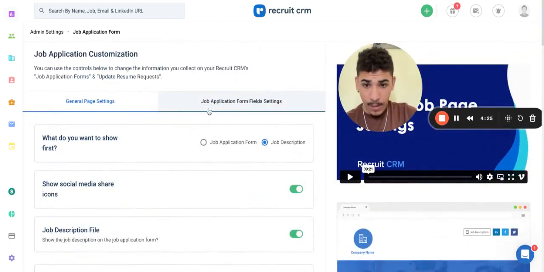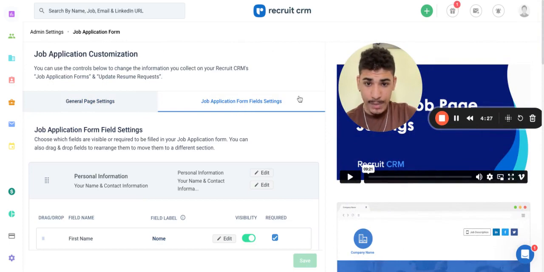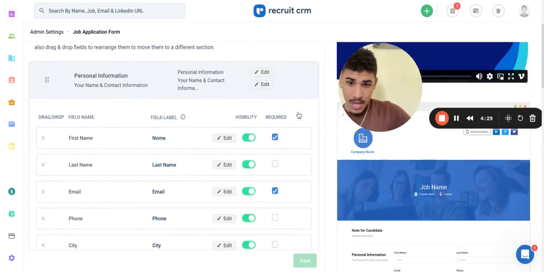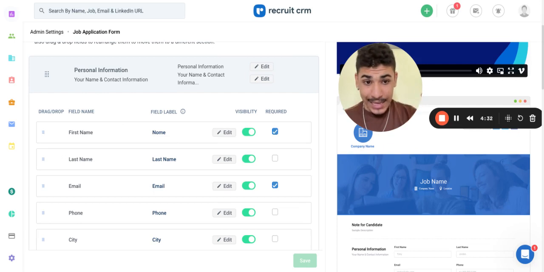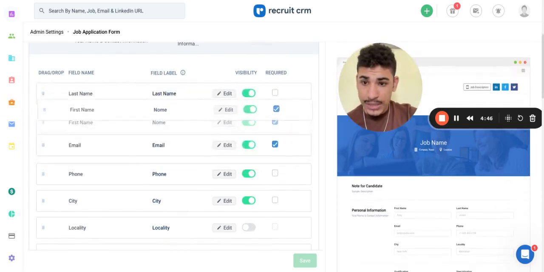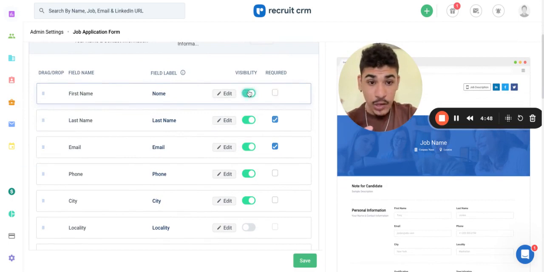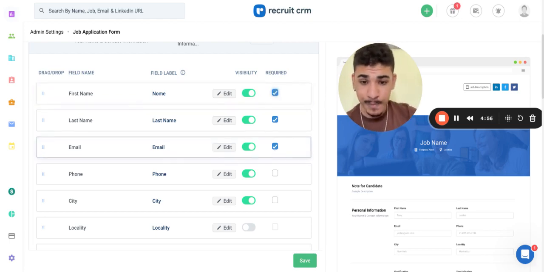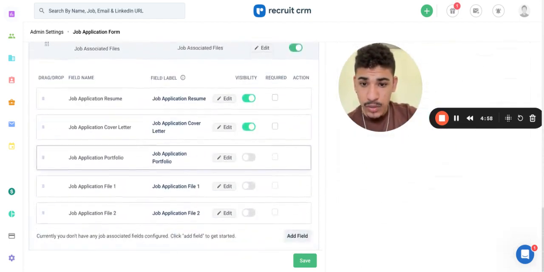Within the same option, if we switch to the job application form field settings tab, this is where we will be selecting, this is where we will be labeling, and this is where we will be ordering the fields these candidates will use to apply to these jobs. I can then, like I said, reorder this. I can select the fields that I want to show on the job application form, and I can make these fields required as well. And then if I scroll down,